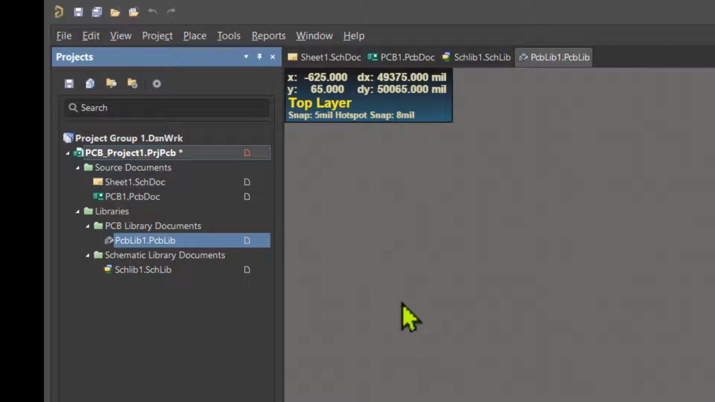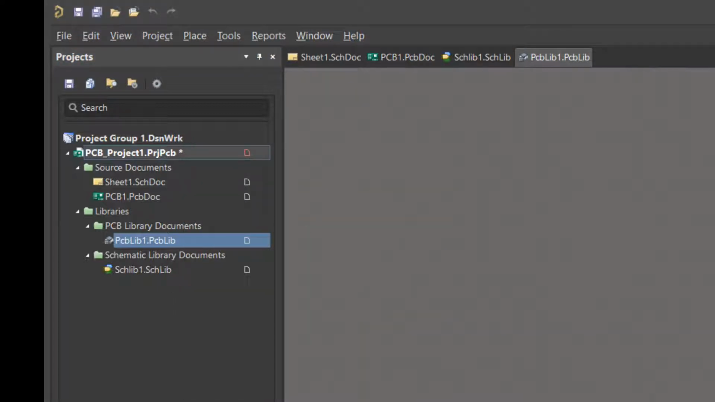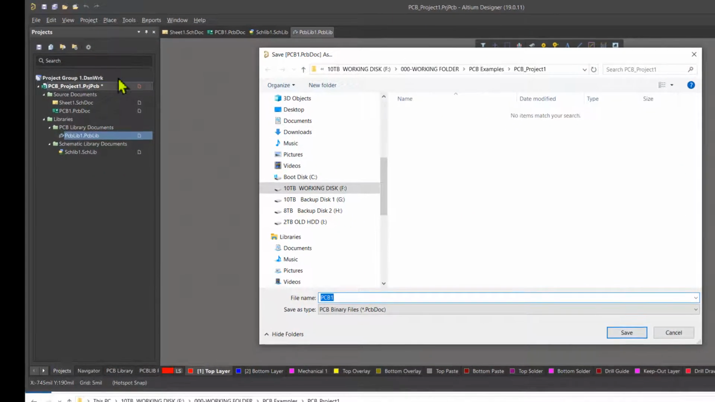Now in order to save them in the selected folder, right click, click save. All the documents in the project that are not saved will be saved here. You will be prompted for each document. Click save,